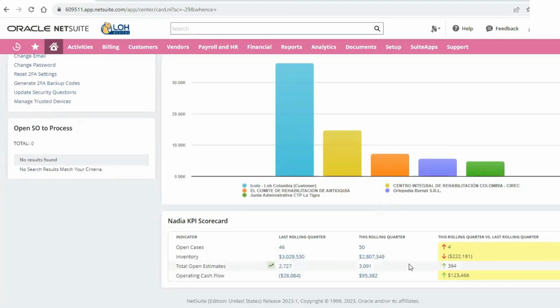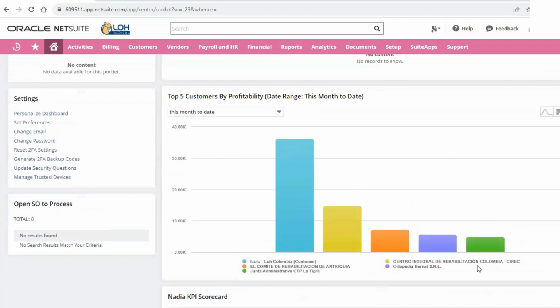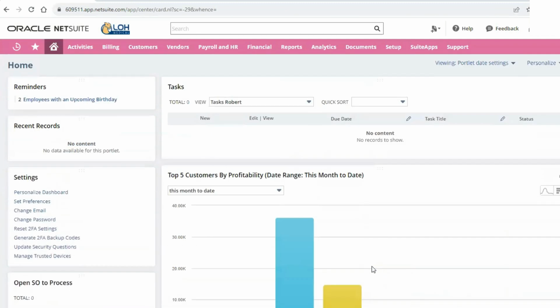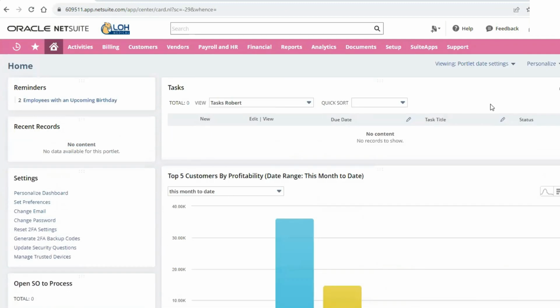And there's the KPIs, and you can always create a scorecard or select individual KPIs. It's really up to you.